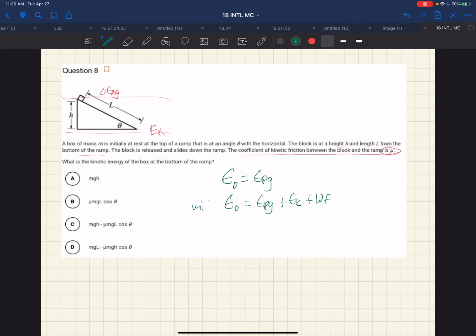And so this is midway, this is the top, and at the bottom, we know that the total amount should be the same. The gravitational is 0. And what we know is that the kinetic and the work done by friction must add up to what the gravitational potential energy was. So what is the kinetic energy of the box? Well, we know it is not equal to mgh because it's not all converted to kinetic. And this is mu mgL cosine theta,